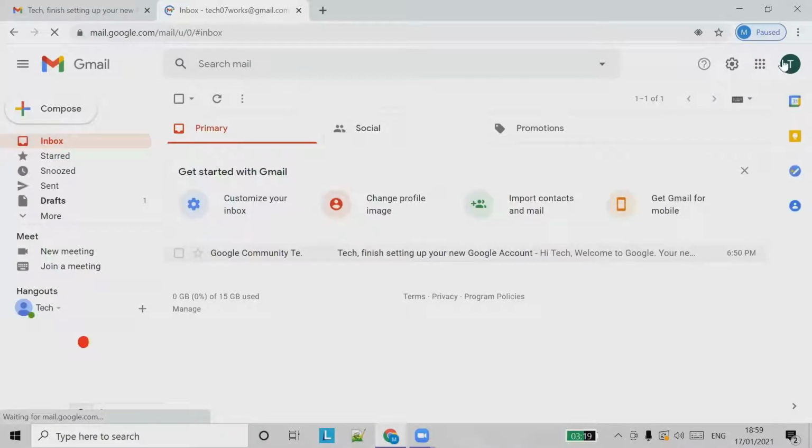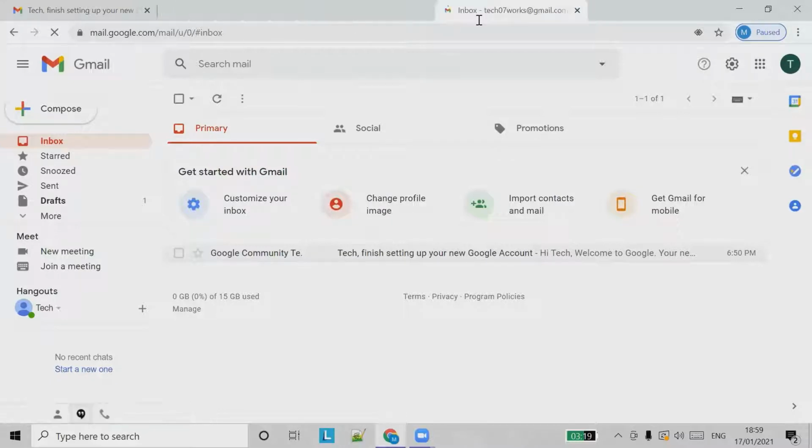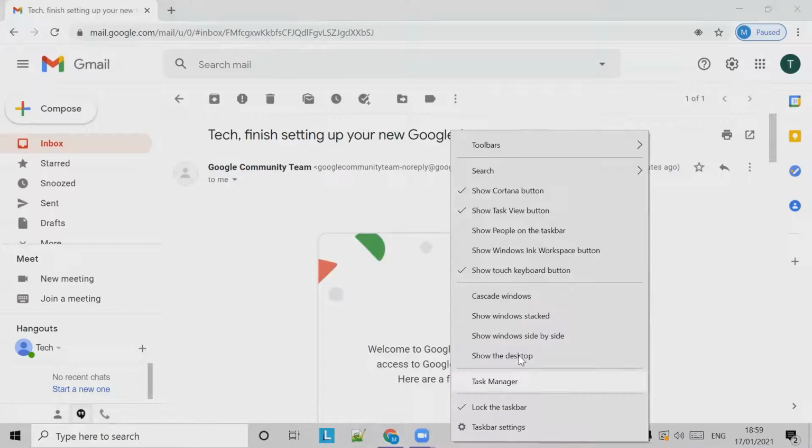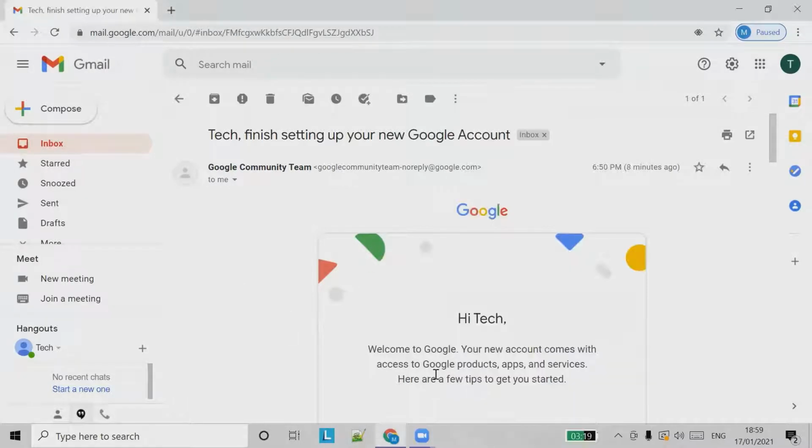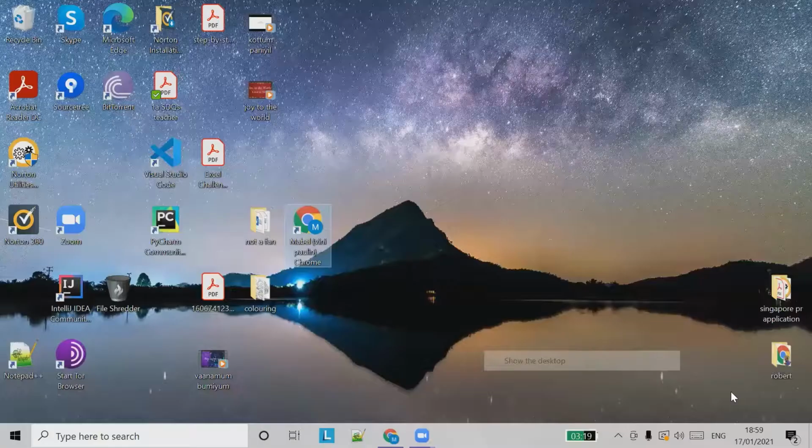So now the email would have been sent, and if you want, we can see the email.